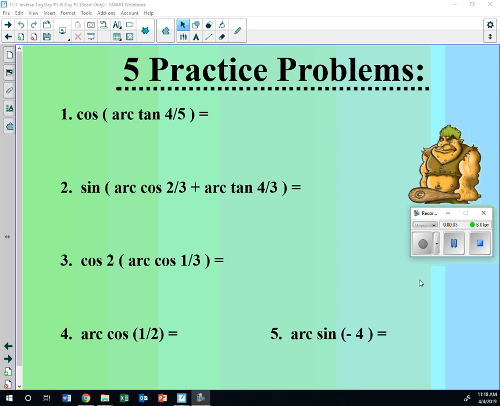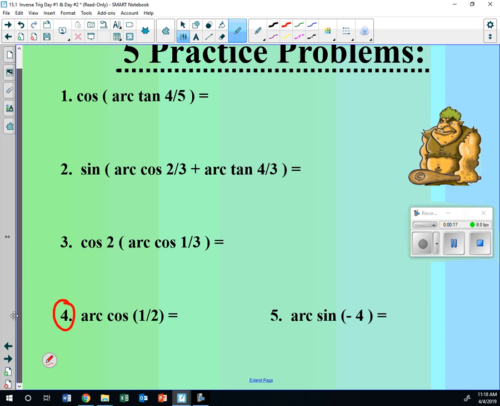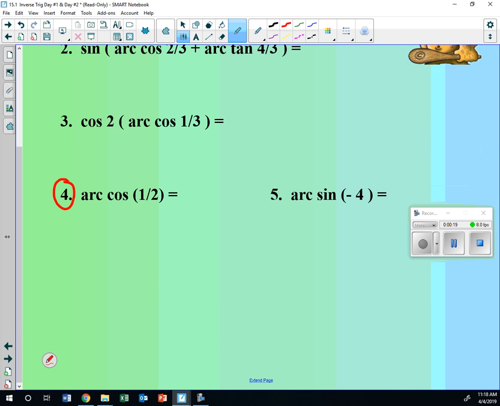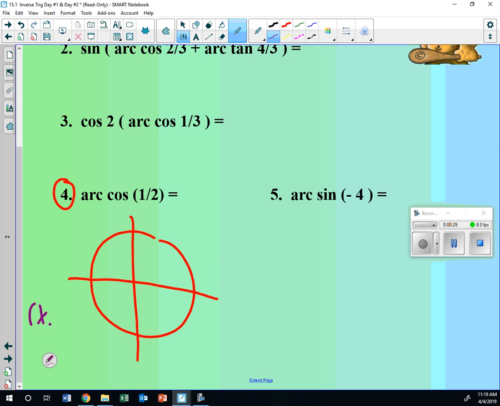This is a review and also developing these sine theta plus theta and cosine 2 theta problems. Let's start with down here at number 4. This brings up some good discussions here. Arc cosine of 1/2. If you look at the unit circle and cosine, the point x comma y, which was